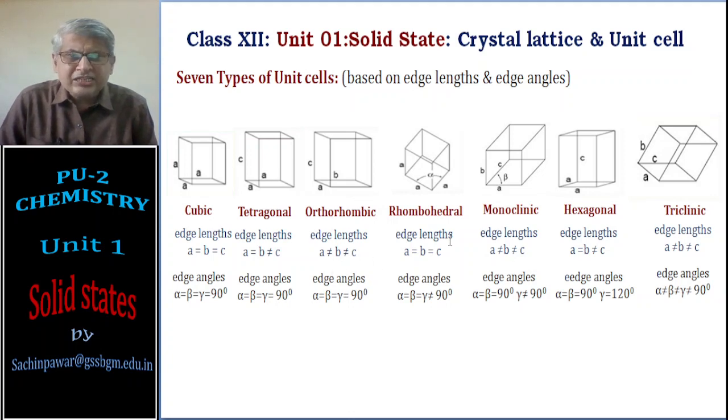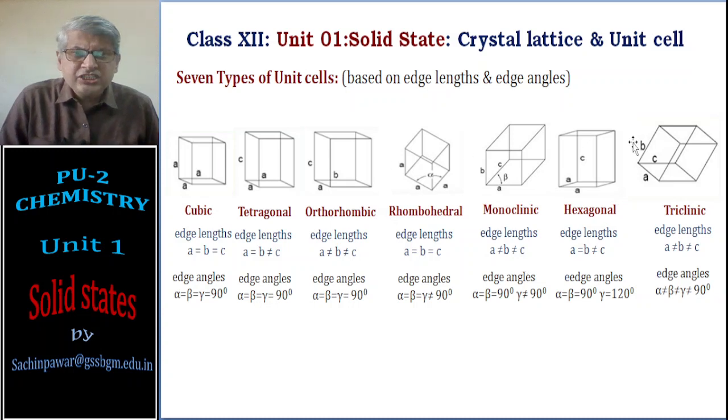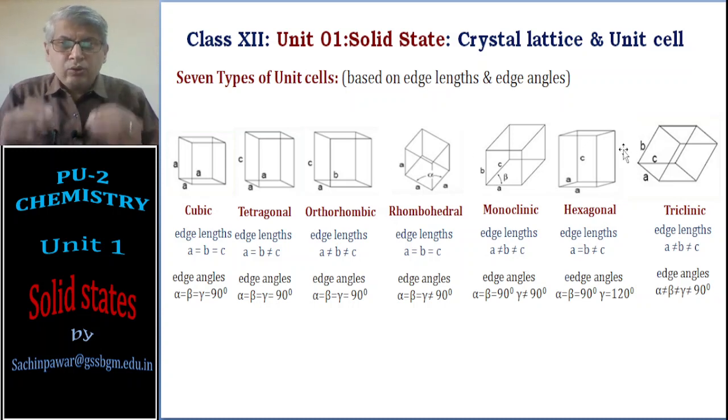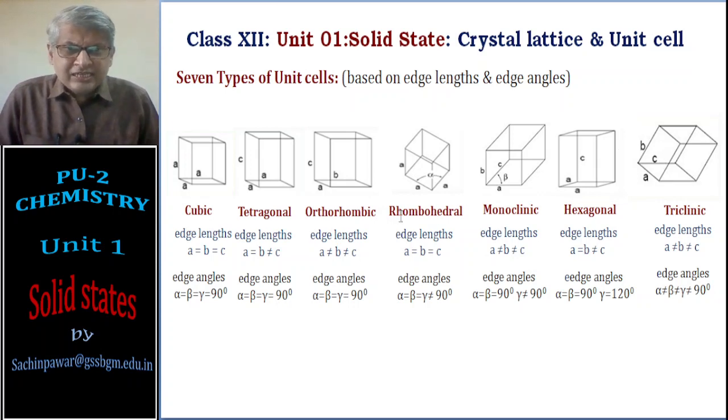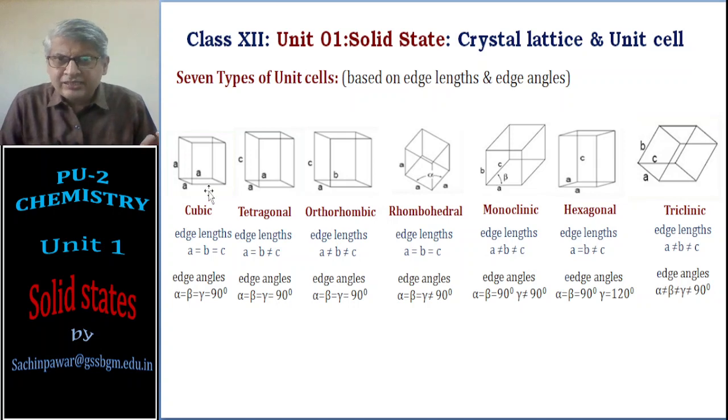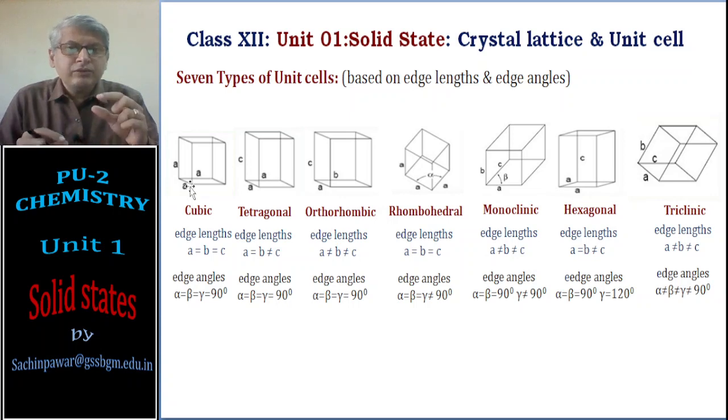You see different edge lengths and different angle comparison, and that gives you different kinds of shape for those unit cells. And those unit cells, when you repeat many times in all possible directions, you will get the entire crystal lattice. Now these unit cells are imaginary cells because the lines which are called as the straight lines, they are the imaginary ones that I have told you in just a while. I have told you they are imaginary. Actually they are the lines drawn between the two spheres.